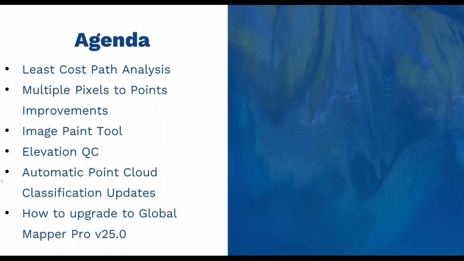We've had some new tools that we have created pretty much based on customer feedback. So from all of you writing to us and reaching out to us and telling us what you need to do and what you're trying to accomplish in your GIS workflow. So we have a couple new tools there for image painting and elevation QC. And then we'll talk about some larger updates to the point cloud classification process in Global Mapper and how we're working on redesigning that and adding some new functionality to that and a whole bunch of things. So to start here, let me go ahead and bring up Global Mapper